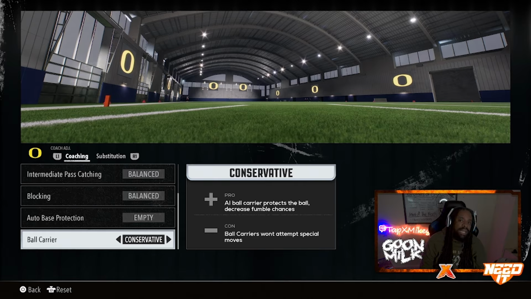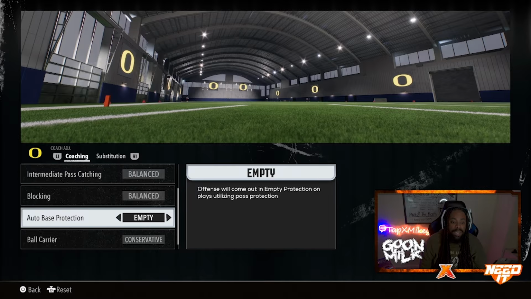Now, do I fumble the ball sometimes? Absolutely, because that's a game and that's DDA. If you don't know what DDA is, that's a dynamic difficulty adjustment system that's built into this game that allows your opponent, say for instance you're up 14-0, that's when DDA starts to kick in for your opponent, and you normally see them complete some passes or do some stuff. You're like, hey, wait a minute, how did he just throw at my face and I didn't get an interception? How did he do this and I didn't pick this ball off? How come he didn't fumble? That's DDA. But anyway,